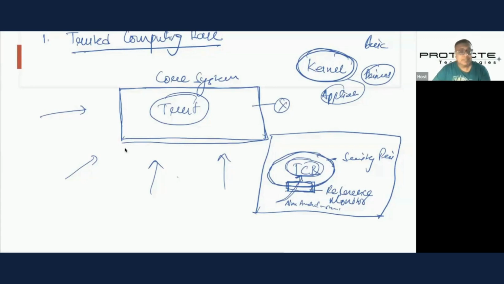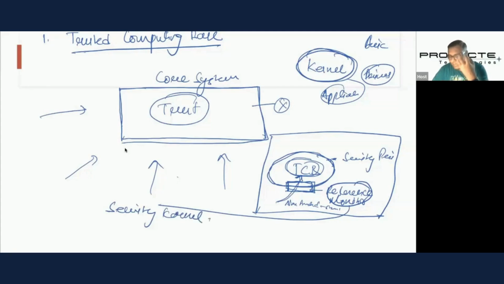Now, this is a very important concept, gentlemen, and you must remember this. At times, the reference monitor is also called a security kernel. A security kernel, that is the base of the security. It is because a reference monitor is nothing but the access control between the TCB and the non-trusted part of the system. So the TCB becomes the object and everyone else becomes the subject. And since the reference monitor is controlling the access to the TCB, it becomes the access control mechanism, or security kernel.